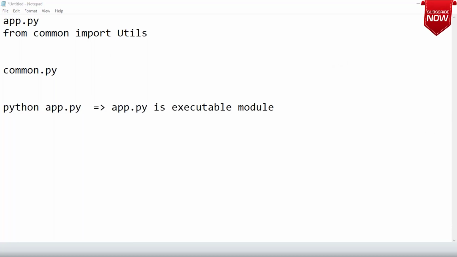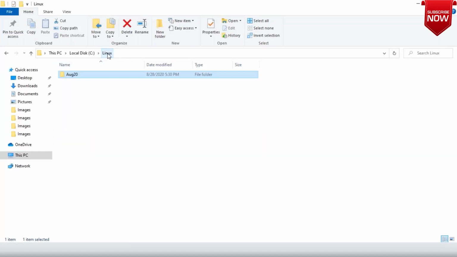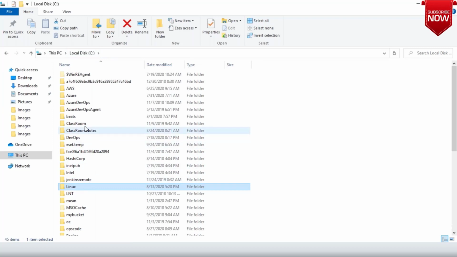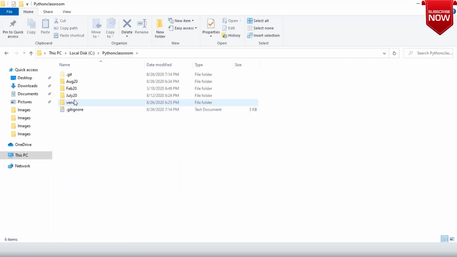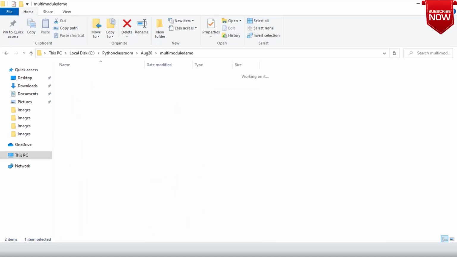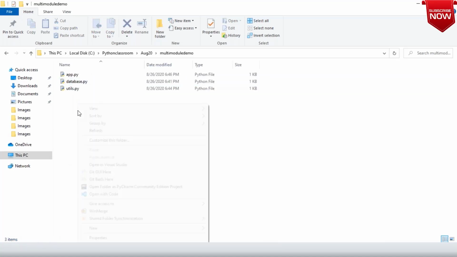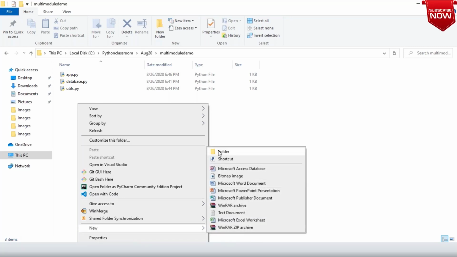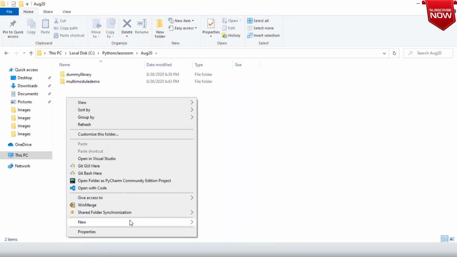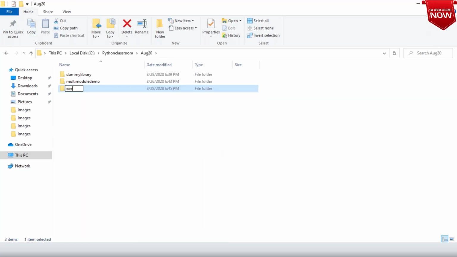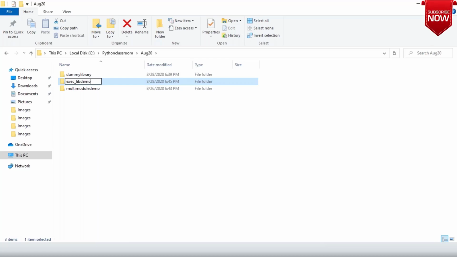Let me create, in the C drive, a Python classroom August multi-module demo folder. In this, I create an executable and library demo, exec_lib_demo.